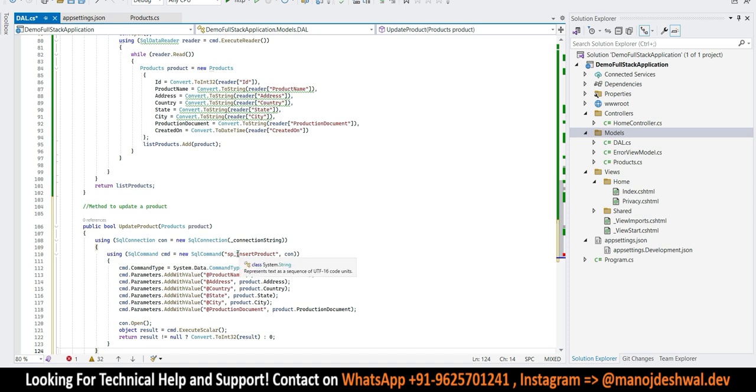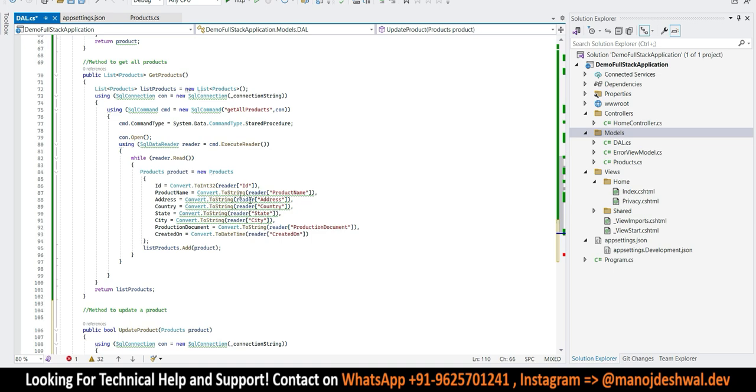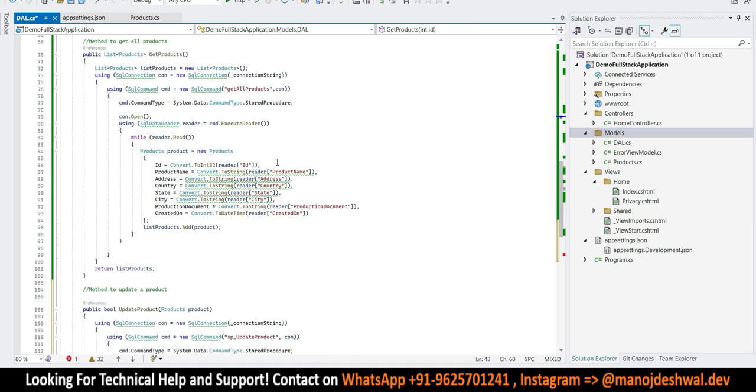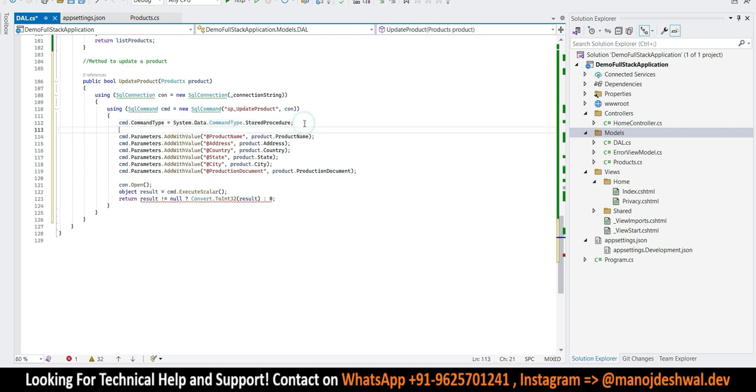We just need to change update parameter, and we also need to pass one id parameter. So let's copy the id from here and paste it over here. So we have provided our procedure name, and this will be product dot id, id, product name, address, country, state, production document, and here, so